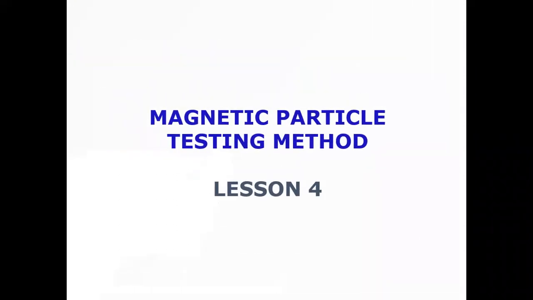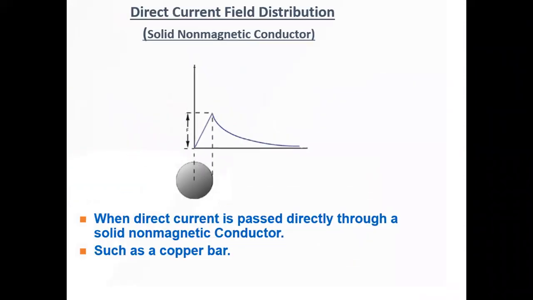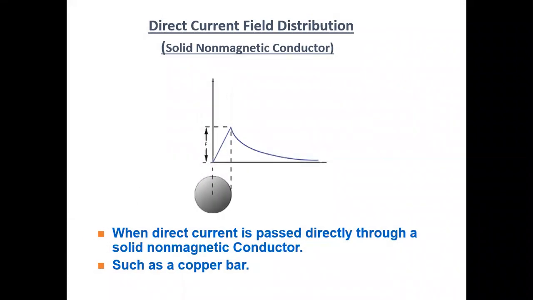So today we are going to discuss magnetic particle testing, and our topic is the conductor, because in central conductor we are using a conductor bar to pass the current. So we are going to do a detailed study about that conductor. Now let's see this diagram of the conductor, the little drawing here.